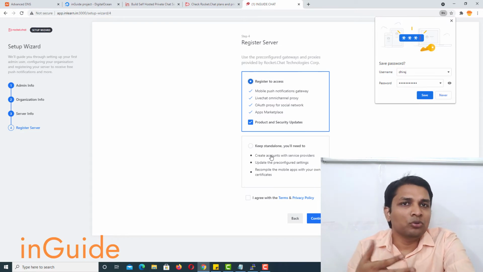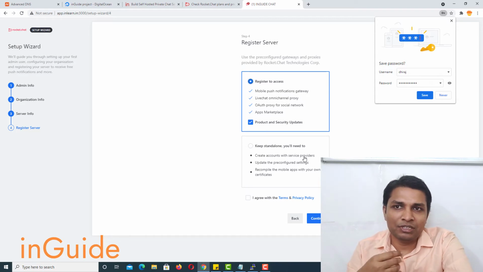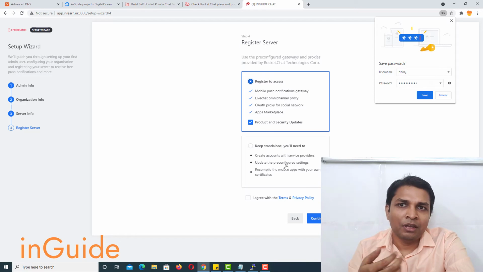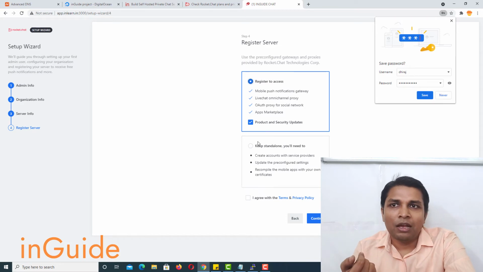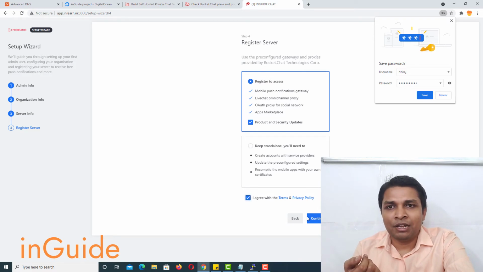But if you would like to go with your standalone system, then you need to follow these steps. You have to create accounts with service providers and update pre-configured settings. So it's up to you. This process is a little complex. You have to do all those things before you can proceed. And at this time I am going to continue with the default selection, and after that